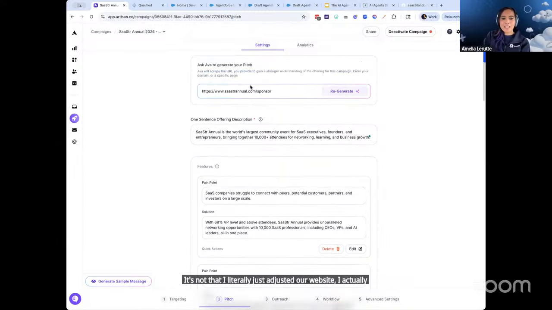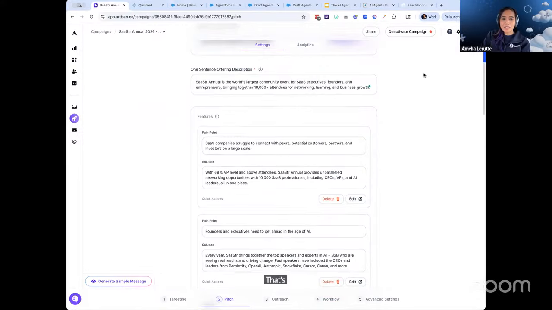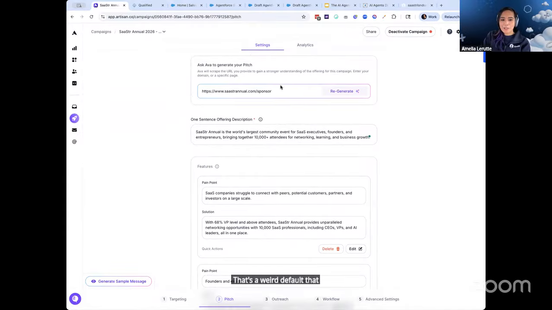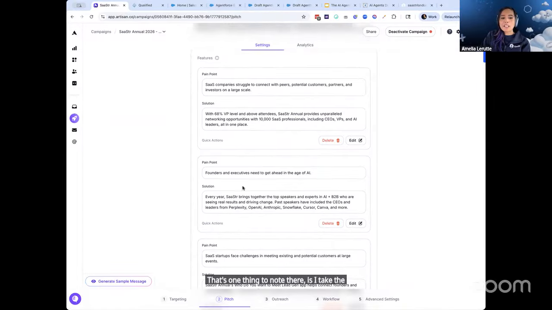I actually ignore that one. That's why it actually says sponsor, even though this is a ticket one, because that's a weird default that it just grabbed off one time I did it and it wasn't that good. And then I just wrote over it. So that's one thing to note there: I take the best performing things,